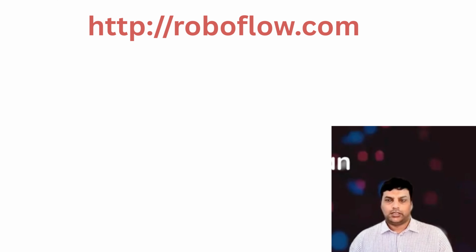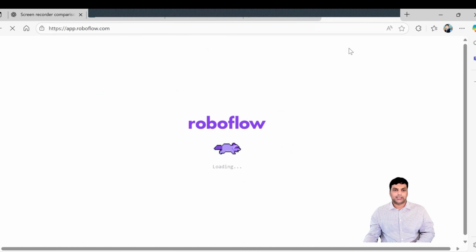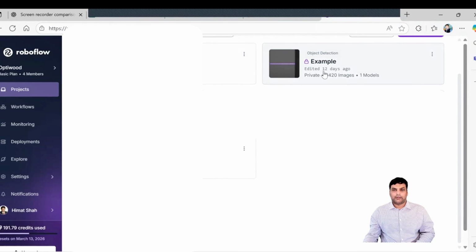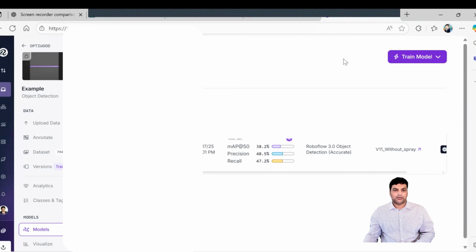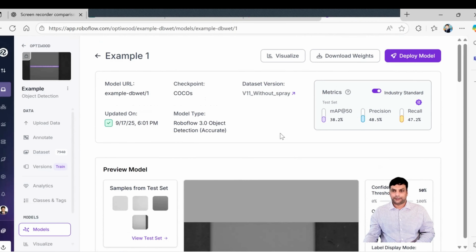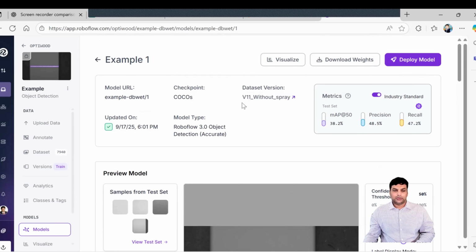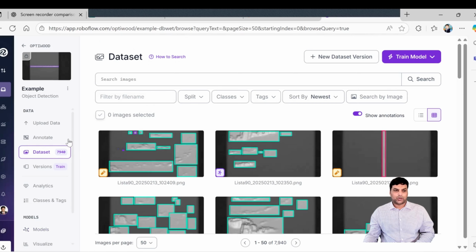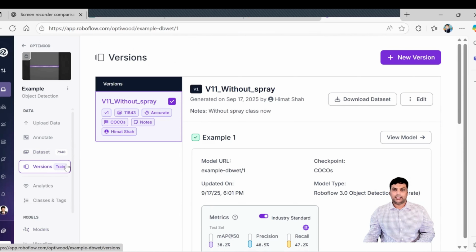Here we have an account. So once I sign in here, I can see my projects. I have multiple projects. I created one example project here, which is already annotated. Example project with dataset annotated. So now I need to go to the dataset and then I need to install this one, and then we